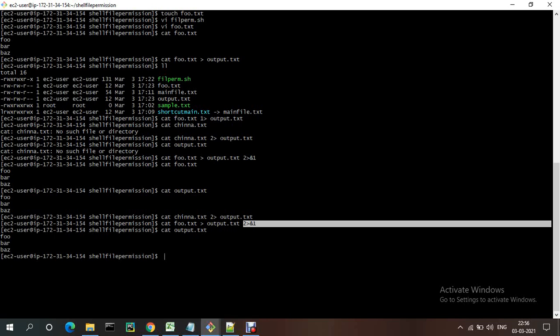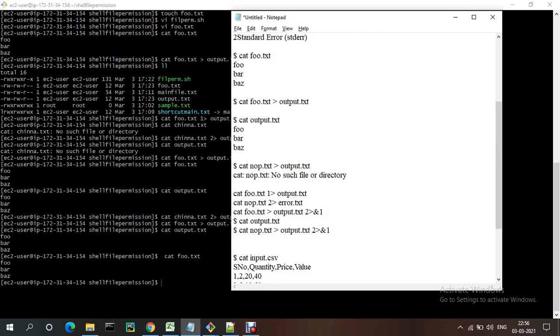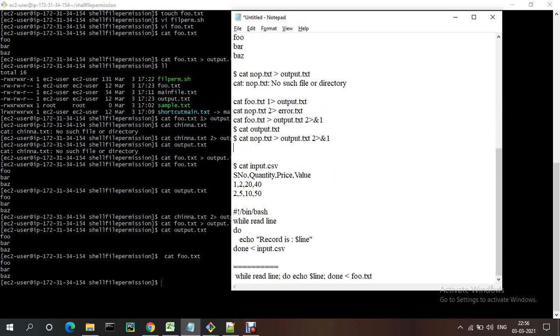And the last one, how to read a file line by line. We have this file, cat dot text. I wanted to read this file. For reading we will use the while command, while loop.